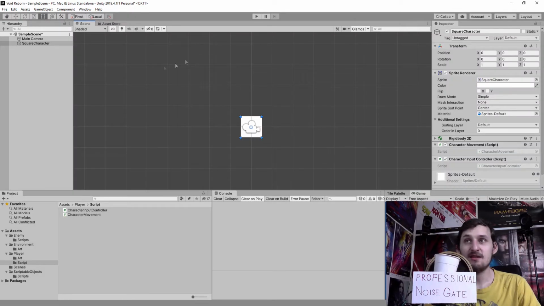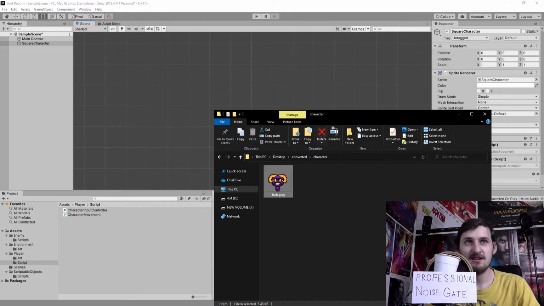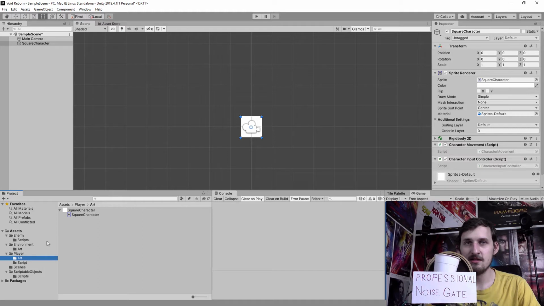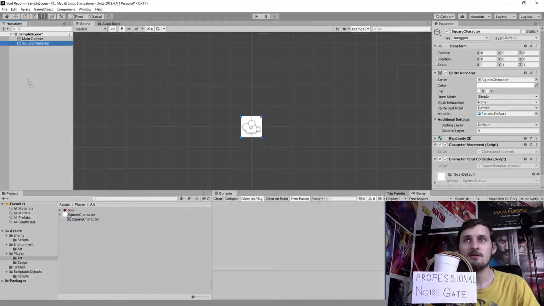But first, let me take my Bob character and change it instead of my square character, because square is ugly. So I'm gonna go to art and copy it there like this. And on my square character I'm gonna change the sprite